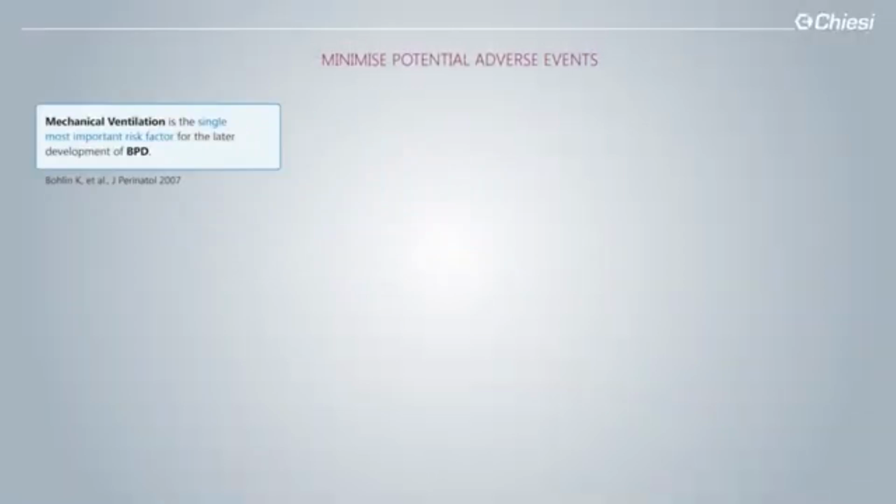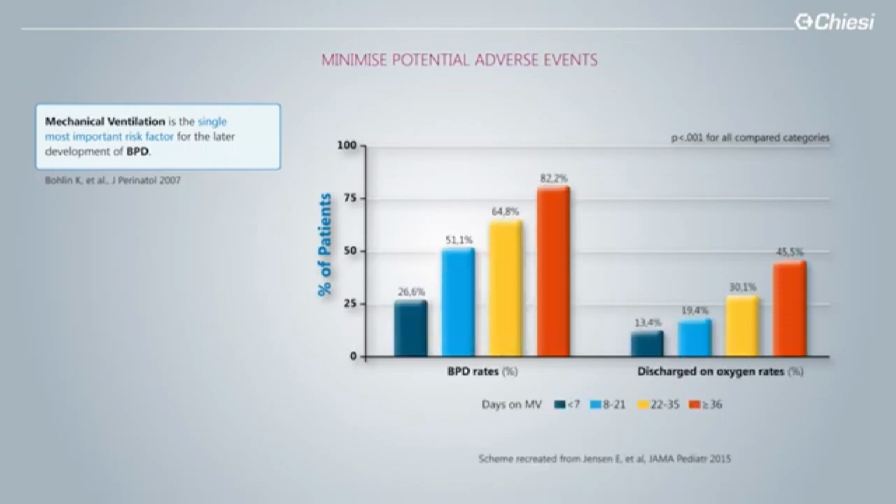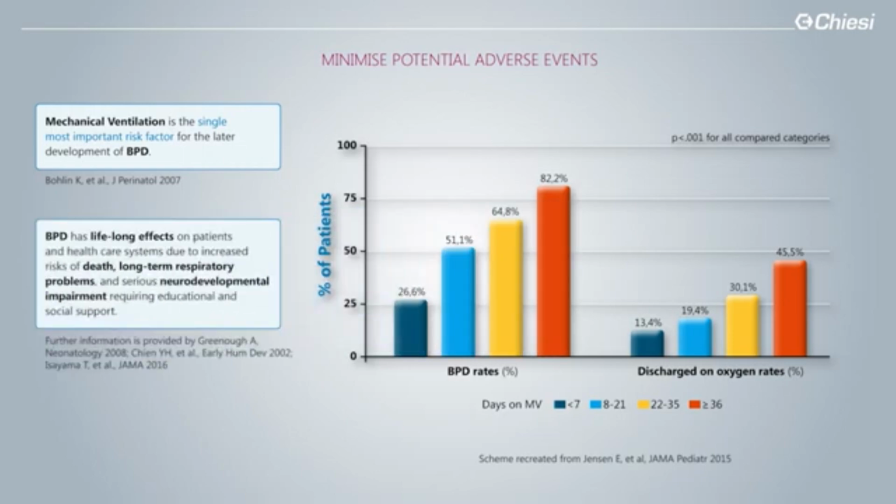CPAP is a quite open and nice lung that will be even more open and even nicer after surfactant administration. So invasive mechanical ventilation is one of the most important risk factors for BPD, and this has been known for a long time because mechanical ventilation is known to be a pro-inflammatory trigger. So very recent data from this graph shows that the larger the duration of mechanical ventilation, the worse will be the respiratory outcome. So BPD babies also have lifelong consequences because they may